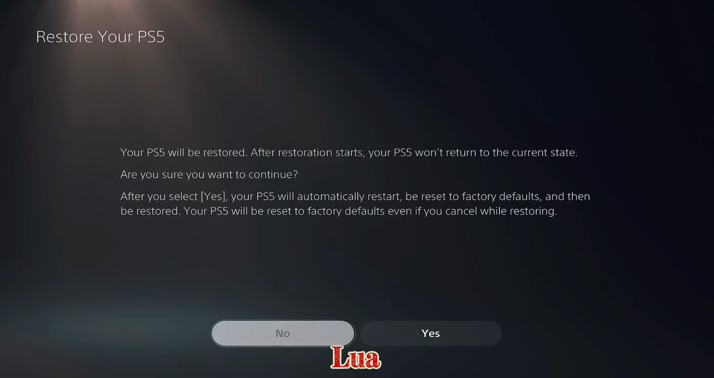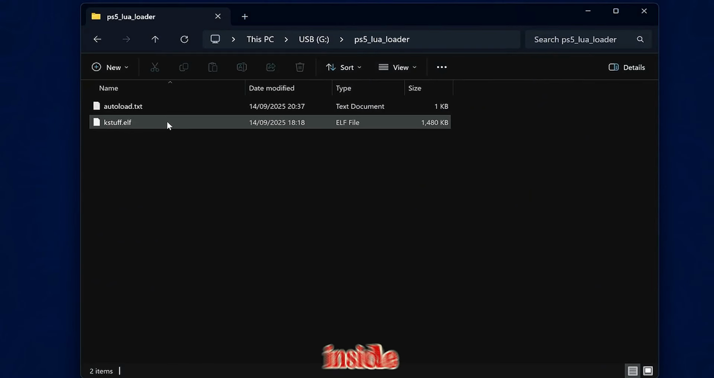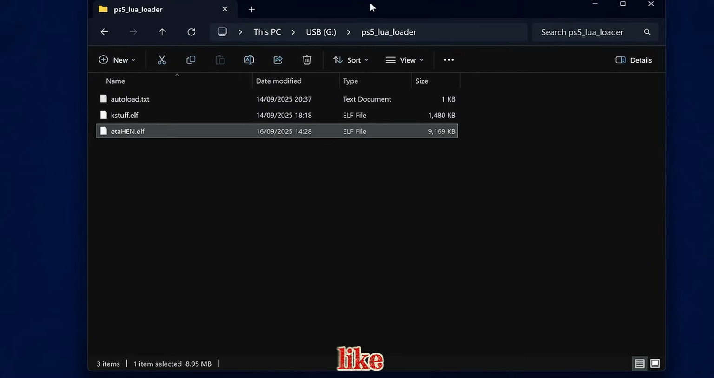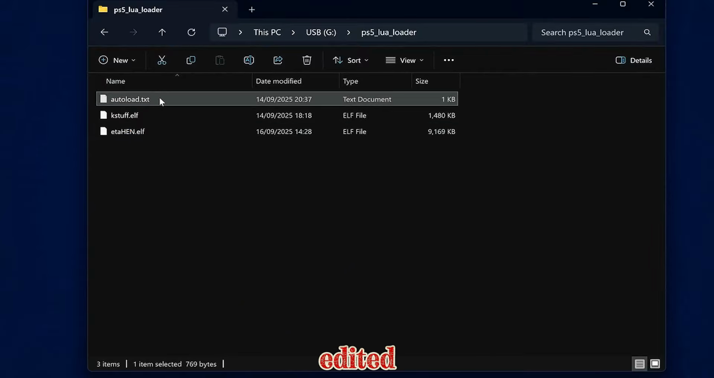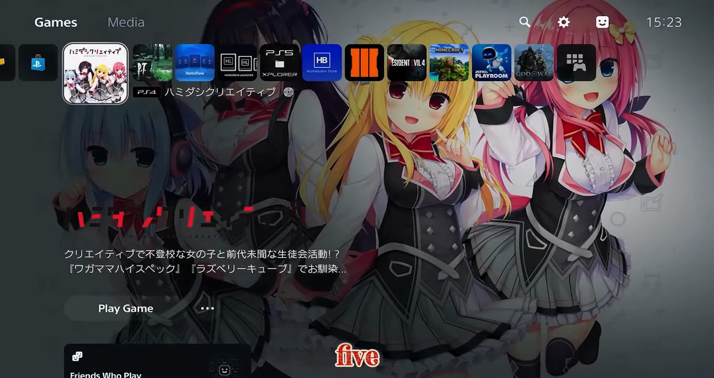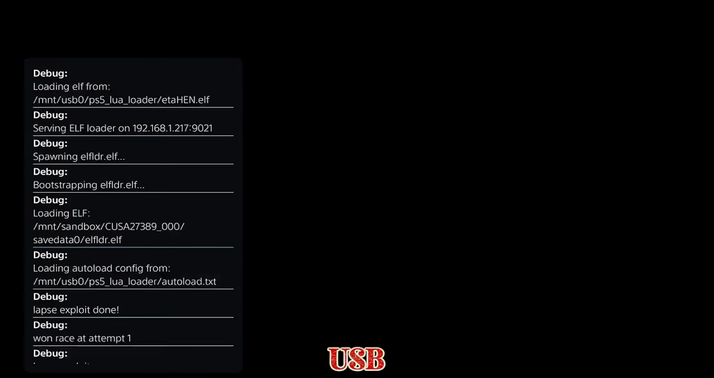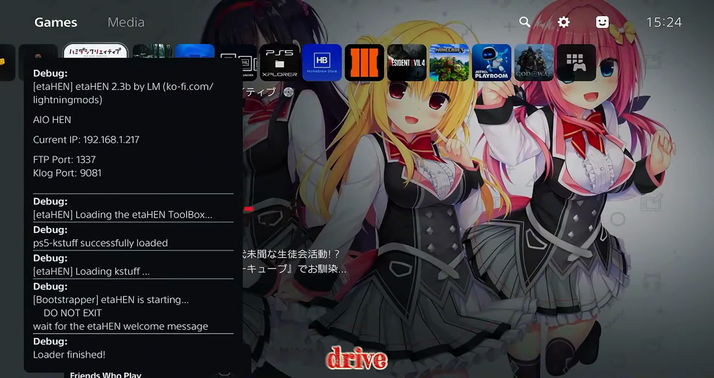We simply copy the Lua loader folder to the root of a USB and add the ETA HEN payload inside, ETA HEN being the main jailbreak payload for the PS5 right now, like GoldHEN was for PS4. The autoload.txt file is then edited to include the payload, and then the USB can be connected to the PS5. Now, loading the game will trigger the exploits from the modded save file, which will then load the jailbreak and execute the payload on the USB drive to jailbreak the console. It can later be moved to the hard drive so that it does not require the USB drive in future attempts